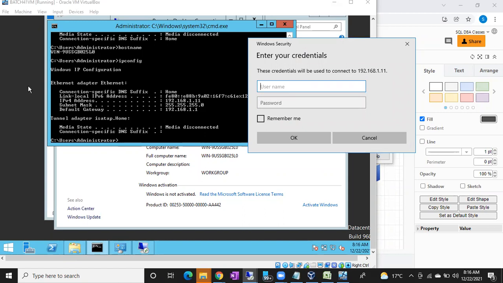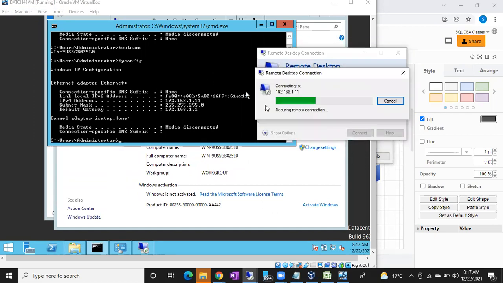You have to give this machine's username and password, the virtual machine username and password. What is the username? Administrator. This is fixed. For on-prem VMs, the username is always administrator. For Oracle VMs, the username is different, the one you gave while creating the machine. But for on-prem, you cannot provide any name; administrator will automatically be taken. After installing this machine, you get a window to set up a password, and that password you give here. So let me type my password and enter.